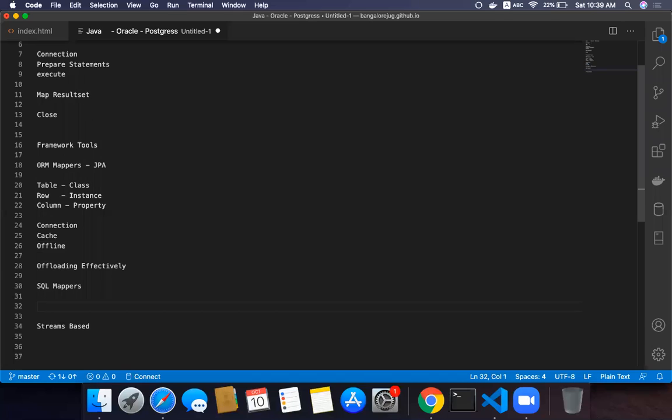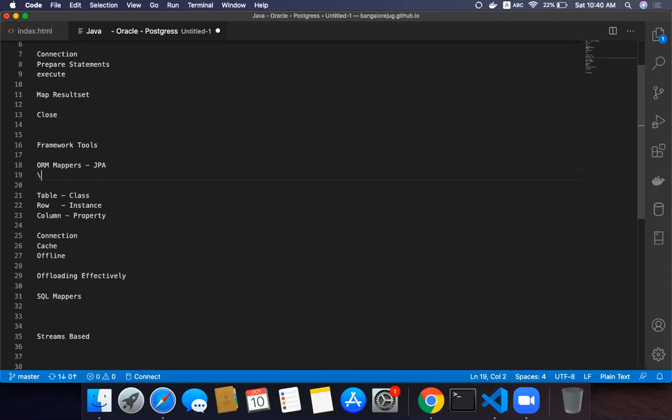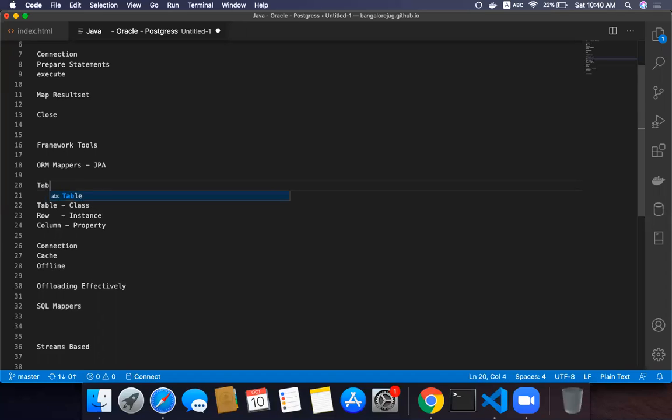SQL mappers take this in a different way. In an object mapper, it is objects, like tables that are mapped. In SQL mappers, they consider it in a different way. They consider, okay guys, don't think of it as ultimately a table, you execute SQL statements, right? Let me map SQL statements. They map your SQL statements, and every time you make an SQL statement, it goes, and when it comes back, result sets are mapped